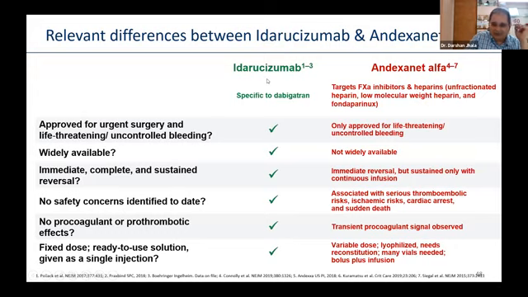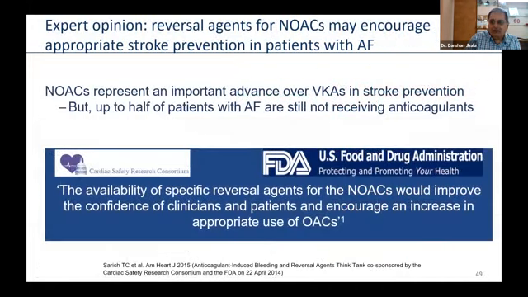So the message that I would like to give is that though I don't specifically prefer any NOAC, if you have a situation where you anticipate that this patient will require reversal of anticoagulation in the near future, then probably your choice of drug should be dabigatran, unless there is some specific contraindication, like renal failure, where you cannot use dabigatran.